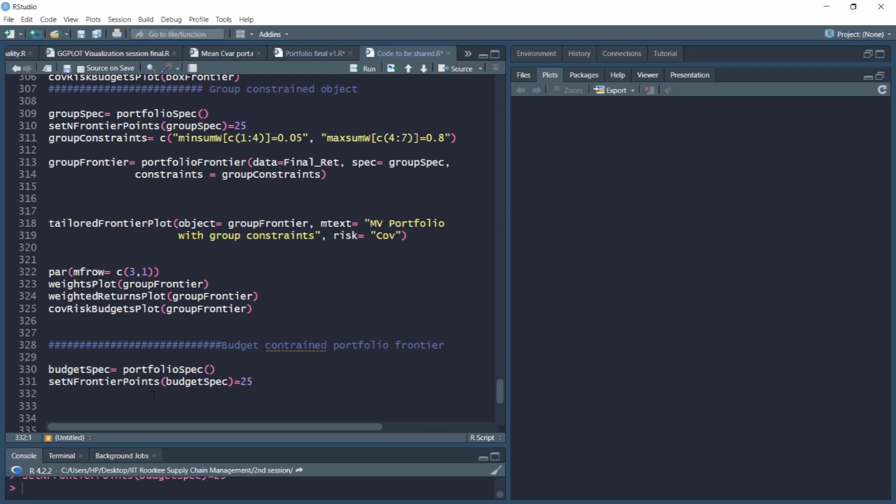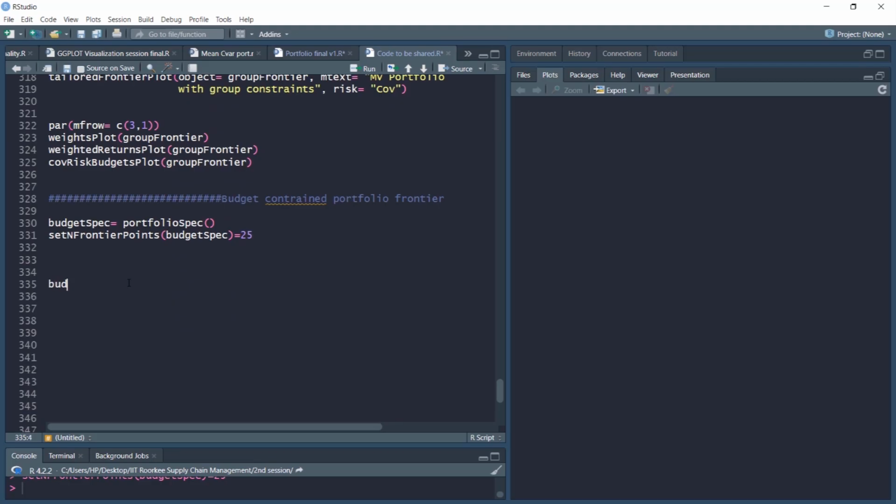So let's start with identifying these budget constraints. Constraint number 1, let's call it budget dot 1, and we'll specify minimum for 1 to n assets. There are 7 assets, so this n assets means 7, and we'll put it to minus infinite. So this is minus infinite, so we are putting no restriction on the downside.